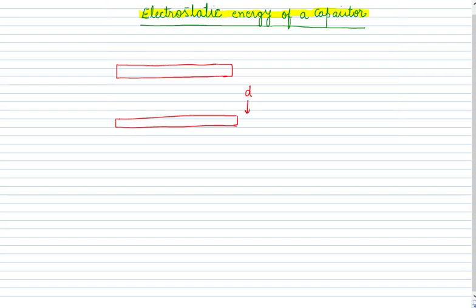And these are kept at some distance small d. So the distance between these two plates is d, and say this is having a surface charge density of plus sigma and this is having minus sigma. So here we will be having positive charges. So this is a conductor, so all the charge will reside on the surface of the conductor. If you want to know about this property of the conductor, you can refer to our lecture where we have discussed what happens when the conductors are placed in an external electric field. Then you will come to know how this behaves. But as for now, we can only say that this plus charge or minus charge resides on the surface